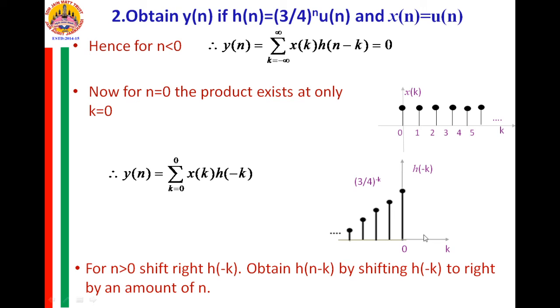If you shift it thrice, the right end will be 3. If you shift this n times, the right end will be n. So, in general, if I shift this to the right side n times, it will be up to n. And you observe that if you go on shifting it to the right side, multiplying this with x[k] and h[n minus k], the product always exists, the product's left end is always 0 and the right end is always this value. So, the product's duration will be 0 to n.